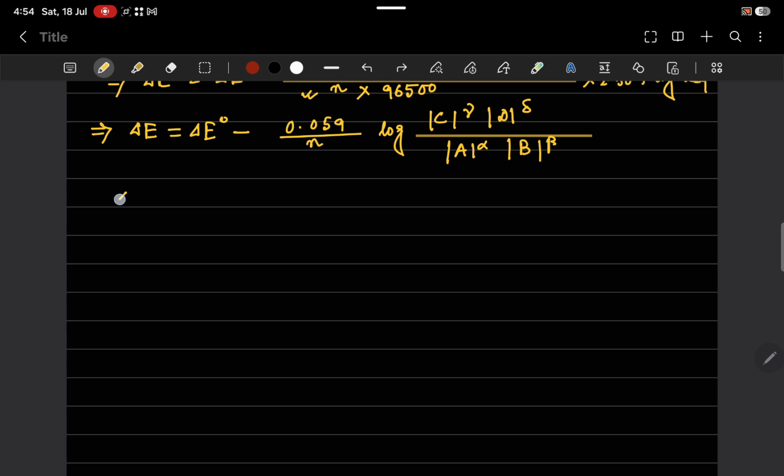We have written delta G0 equal to minus nFE0 cell. I think up to this you know this. This is a very important equation, because if you look into it very carefully,